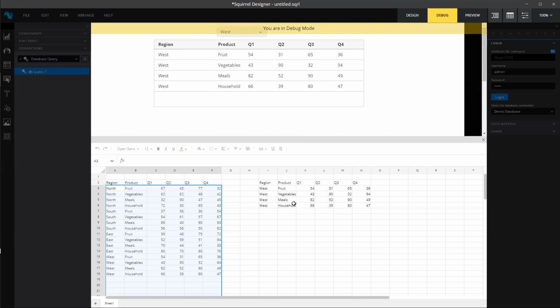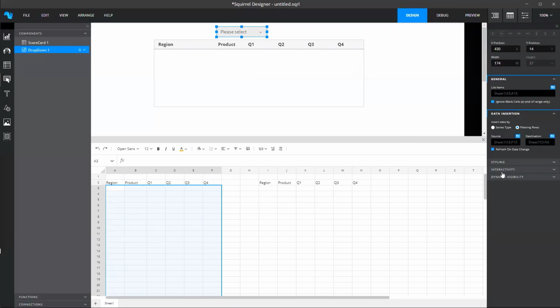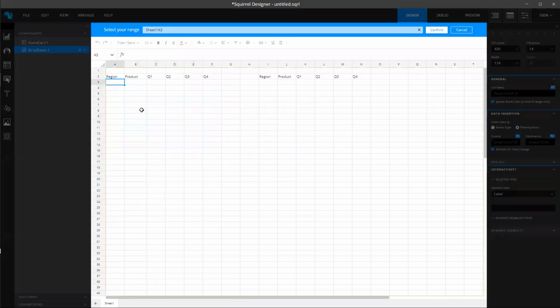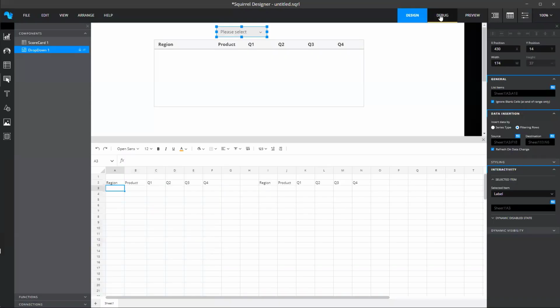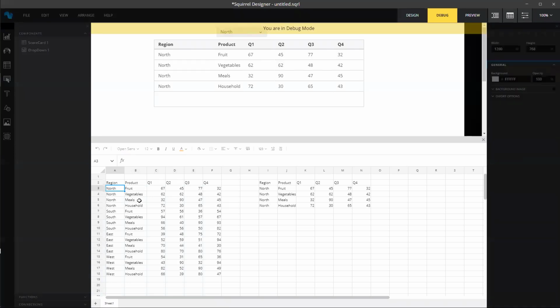And actually one of the things I want to do here is to stop that happening. So what I'm going to do is I'm going to say selected item is going to be a label. So this is the default selected item. And I'm just going to take the first region that comes back. So now if I do this, it should all fire up, and hey presto, yes, it comes in with the data, and then it all works there. But that, I mean, it can save an enormous amount of time in debug.